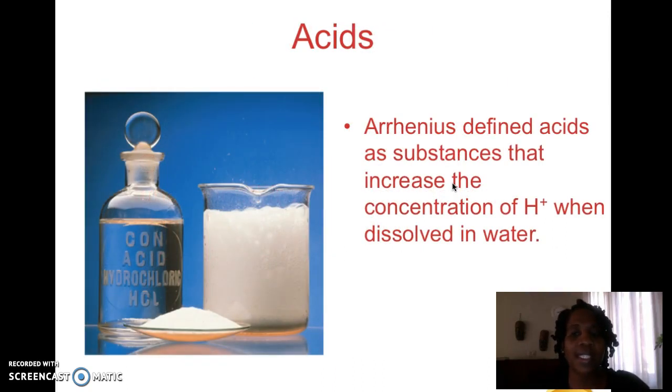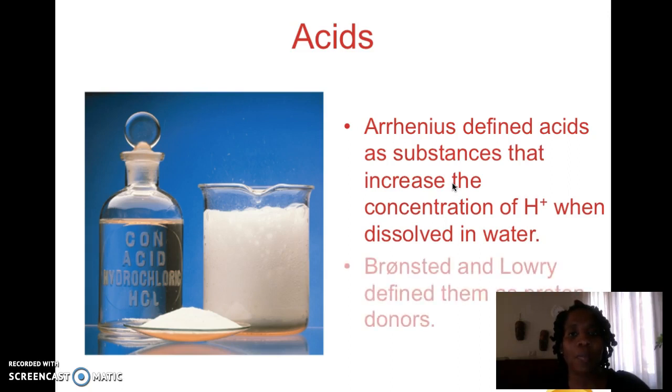Let's just review acids and bases very quickly before we move into the next part, which is really important. We have a definition according to Arrhenius, because there are a couple different contexts for discussing acids and bases. We're going to be talking about the Arrhenius definition as a substance that produces hydrogen ions when dissolved in water. There is another definition by Bronsted and Lowry which focuses on them as being proton donors, because if you think of a hydrogen ion as being an atom of hydrogen which does not have an electron, all that's left is your